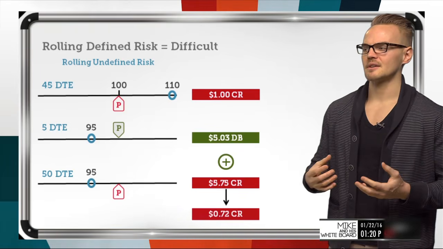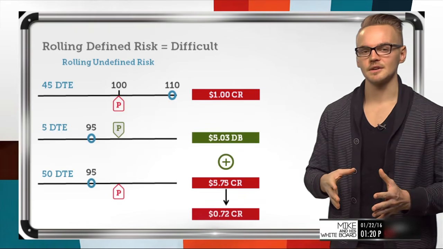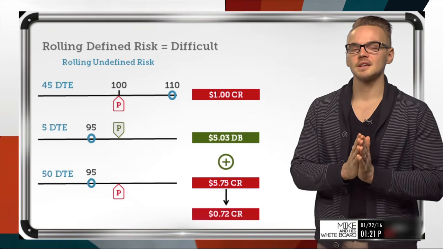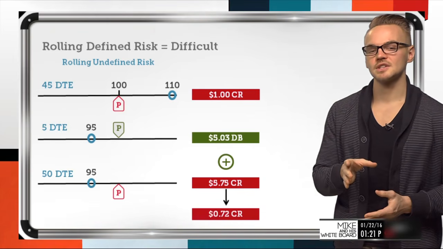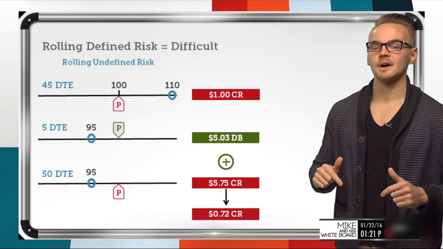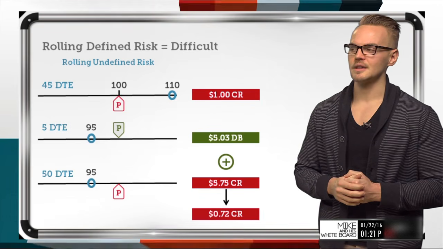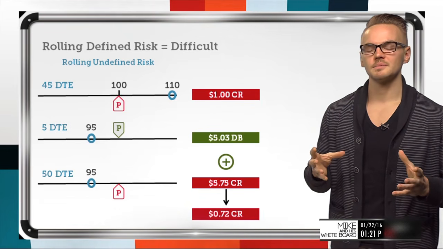And you might be thinking to yourself, how can I calculate this? Well, it all boils down to intrinsic value. So if you missed my previous whiteboard on intrinsic value, I strongly suggest you check it out. Just go to the top, click on Find Shows, scroll down to Mike and his whiteboard, and you'll see it there. But when we're talking about intrinsic value, we're talking about the real value of the position.